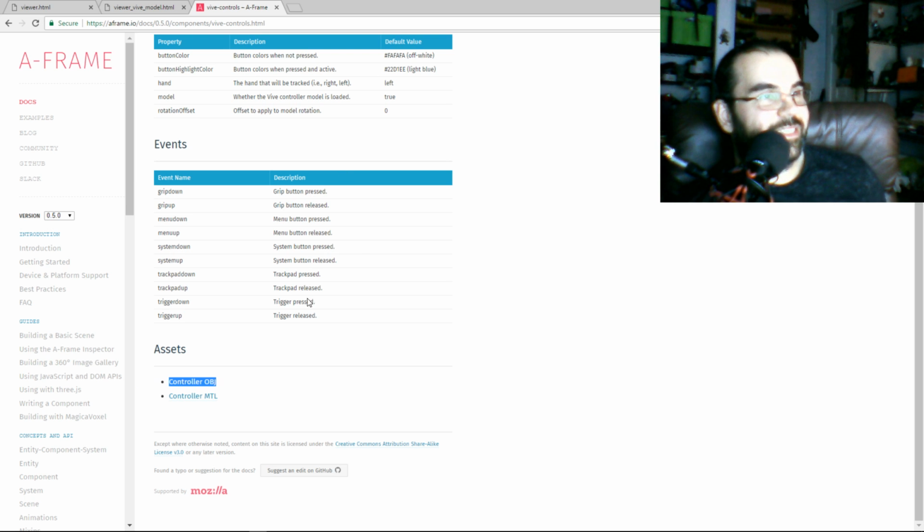So that's great. You can download it, but there's only one problem. That OBJ comes with several pieces of the controller. So we have the body, we have the trigger, we have the trackpad, and I think the home button, and the grip. You have all these pieces in that one file, but we didn't code the object file loader to load multiple meshes. We can only do one mesh inside an object file. So I actually had to modify the object file and pull out all the other data except for the body. So I left the body alone in the file, and I created a new file,